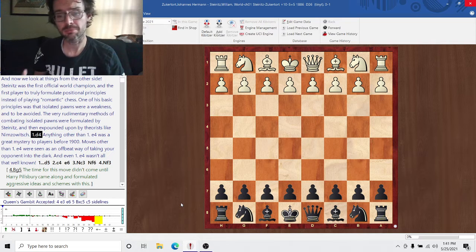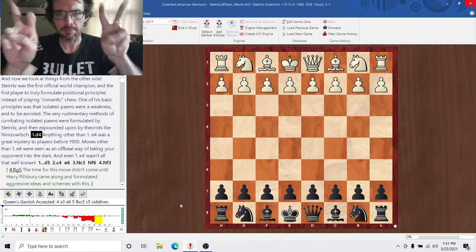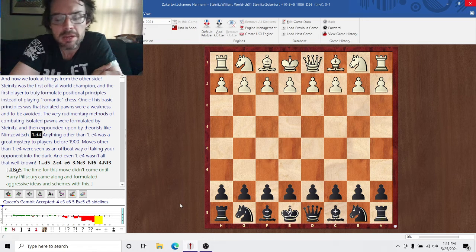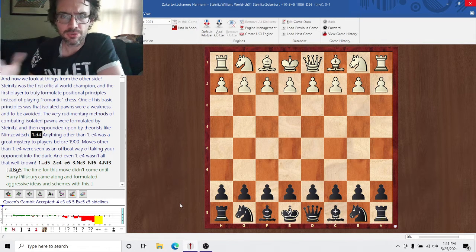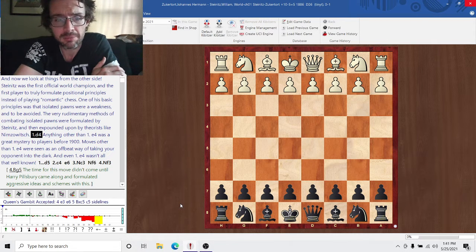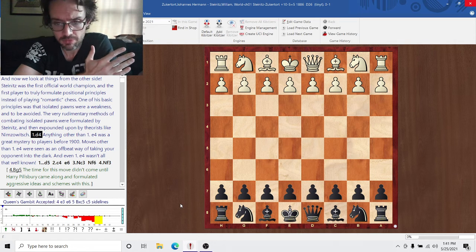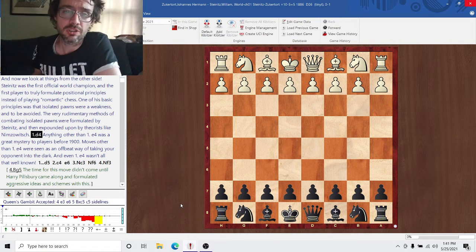history. Just some background. Before 1900, really the only proper move played by strong players was e4. It was considered that any other move by white was just sort of a weird way to take your opponent into a different part of the game. And even the theory on e4 wasn't terribly well developed outside of certain openings. But the theory on d4, well and truly, was terra incognito up until really Harry Nelson Pillsbury started developing some